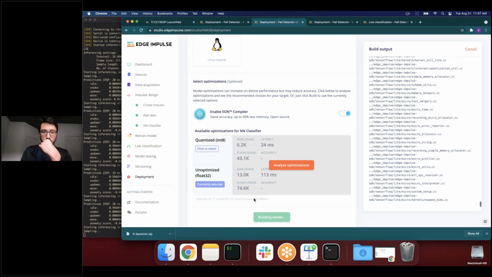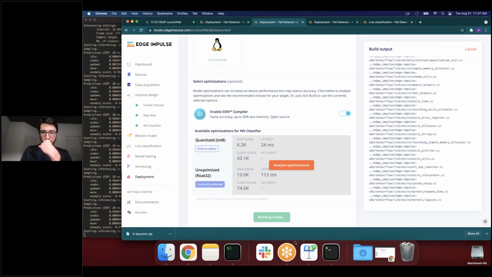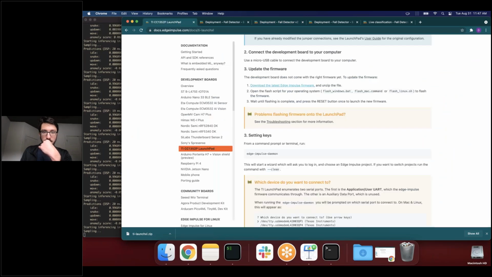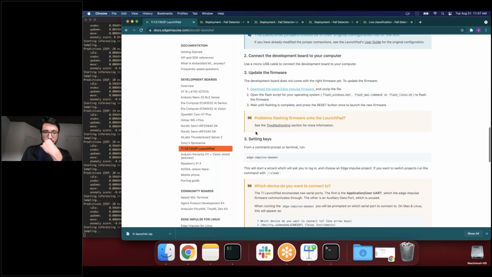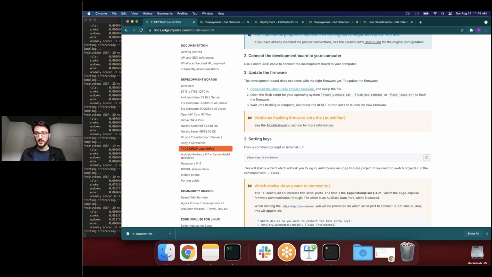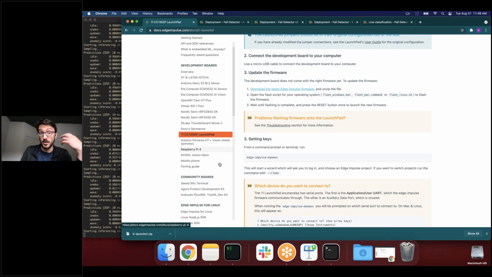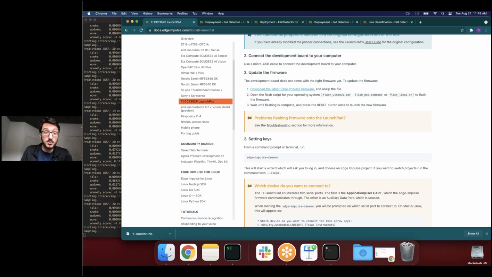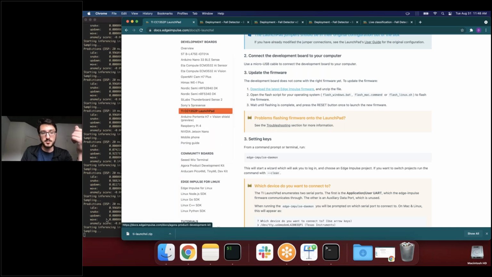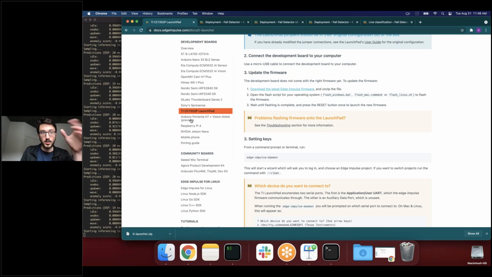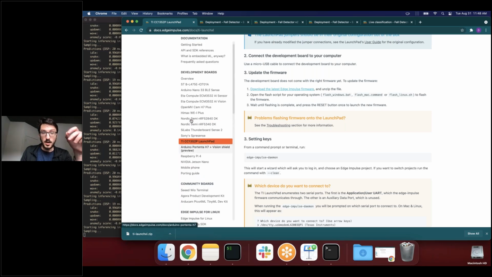So from here, let me hop back into our documentations page, and I'll just go through some final points. Once you've done this, you'll have a machine learning model that you've trained and tested on our platform, and you'll have deployed it on the LaunchPad. So now the question is, how do you integrate this with your existing firmware, your existing projects, or something new that you're starting that's going to do more than just print the result to the screen? Well, if you follow our documentation, we offer